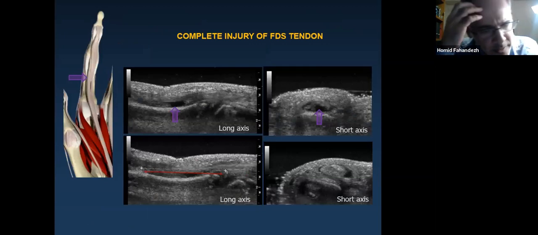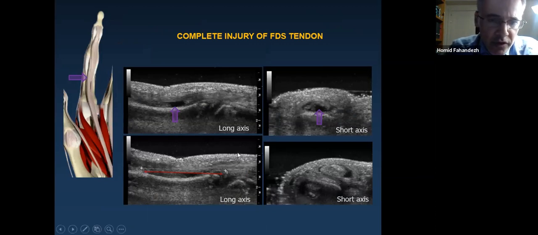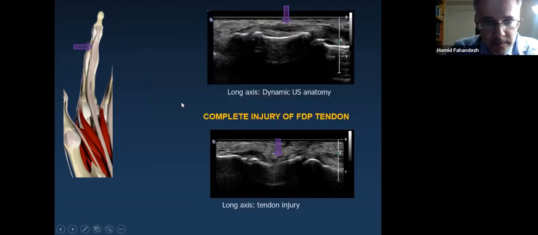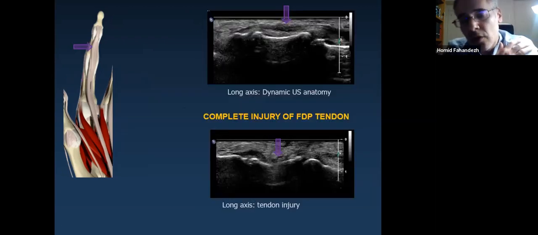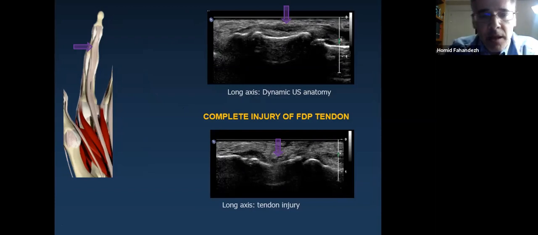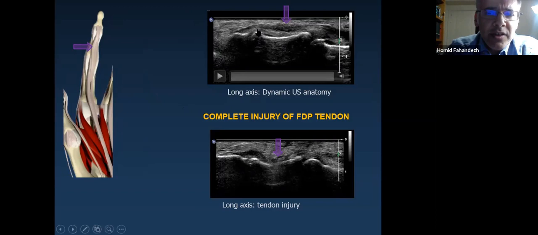Another very important thing in flexor tendons are the tendon ruptures. You can have tendon ruptures of the FDS or the FDP. Here is a case of a tendon rupture of the FDS, and always please check in both axes. This is a case of a complete injury of the FDP tendon, and this is a very typical injury in sports